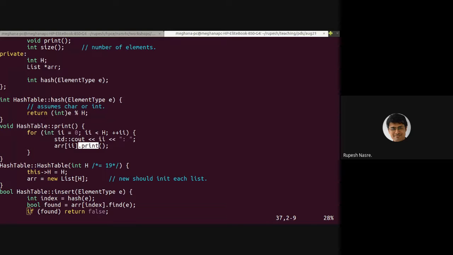Mrityunjay says, sir, will encryption be non-deterministic? So typically encryption is not non-deterministic. What we do is that there is some sort of a hash, which is randomly generated.